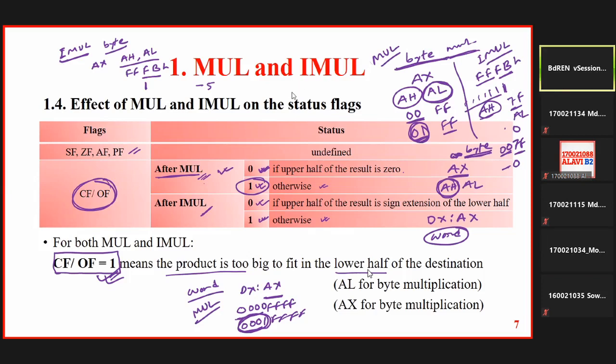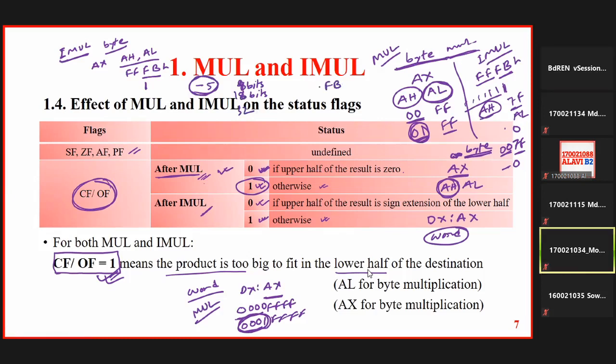So basically, if it is -5, what is the representation of -5? This -5 can be represented with 4 bits, with 8 bits, sorry, 16 bits, then 32 bits. But in all the cases, what will happen after this FB? All these values will be 1. If you can remember that, if you just write FFFB, or okay,